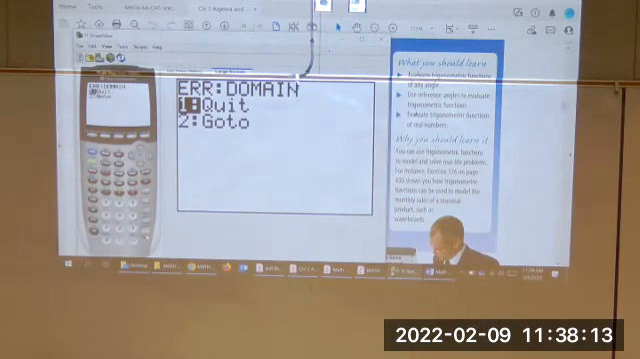But it's not in the domain. 90 is not in the domain of tangent. Domain means what are you allowed to plug into it? Well, you're not allowed to plug 90 degrees into the tangent function. Why? Well,